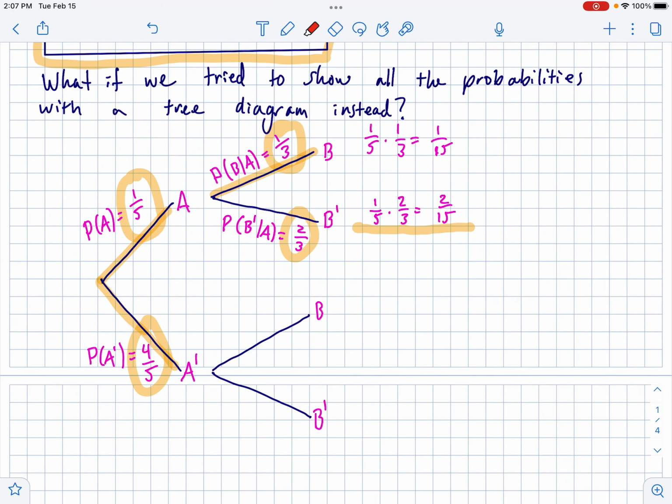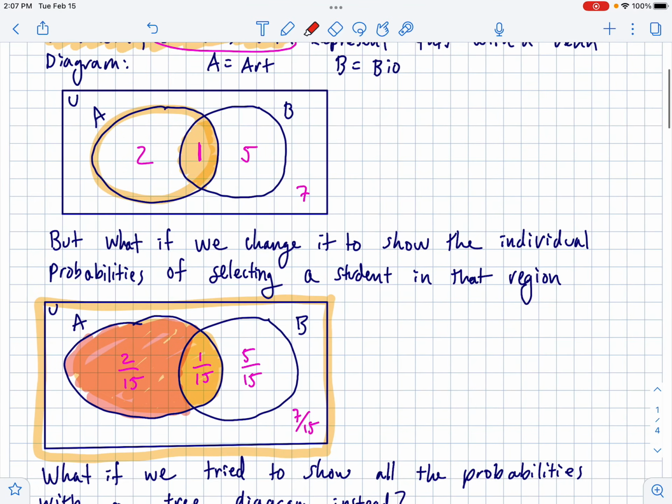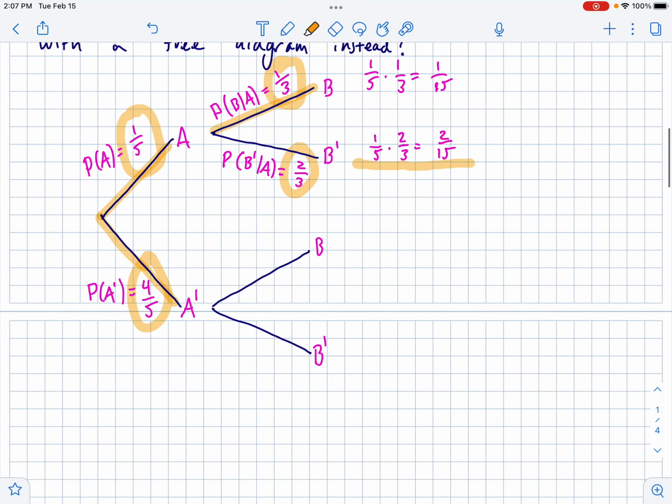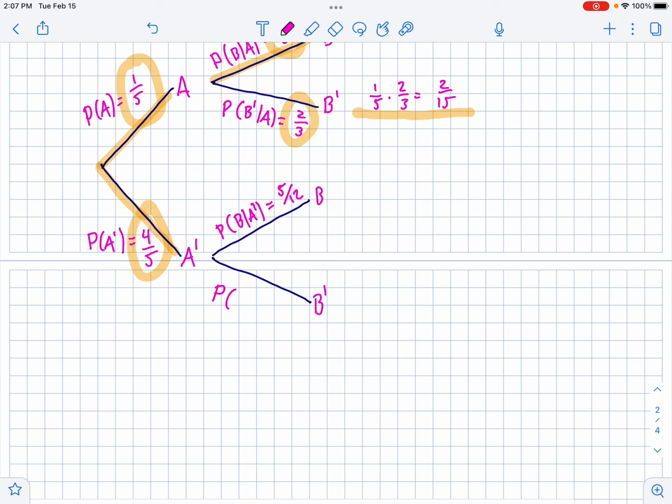Now, for somebody not taking art, whether or not they take bio, let me get my original highlighter back. If they don't take art, there's 12 people that aren't taking art. And of the people that take bio, it's 5 out of the 12. So the probability of taking bio given not art is 5/12. And then the probability of not bio given not art is